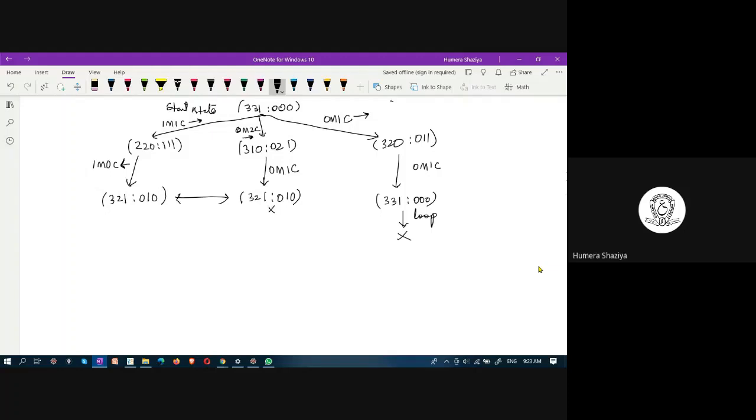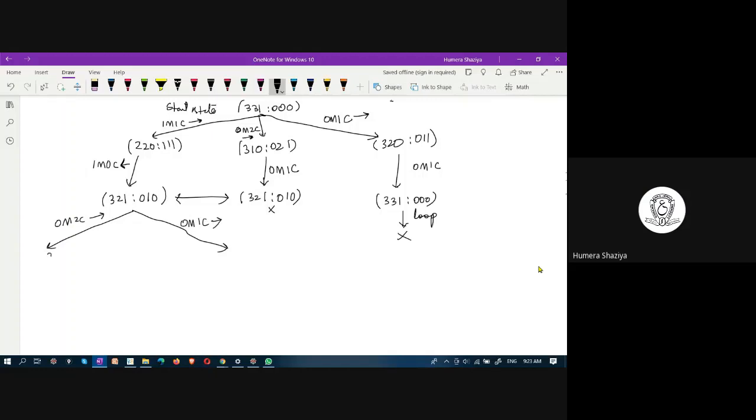Now, expanding from here, what are the options? Did you understand why we are not expanding these two states? Yes, ma'am. Okay. Now you tell me from here what you can do. You have to go from left to right now because the boat is at left. What can you carry? You can carry 0 missionary, 2 cannibals from left to right, or you can carry 0 missionary, 1 cannibal from left to right.